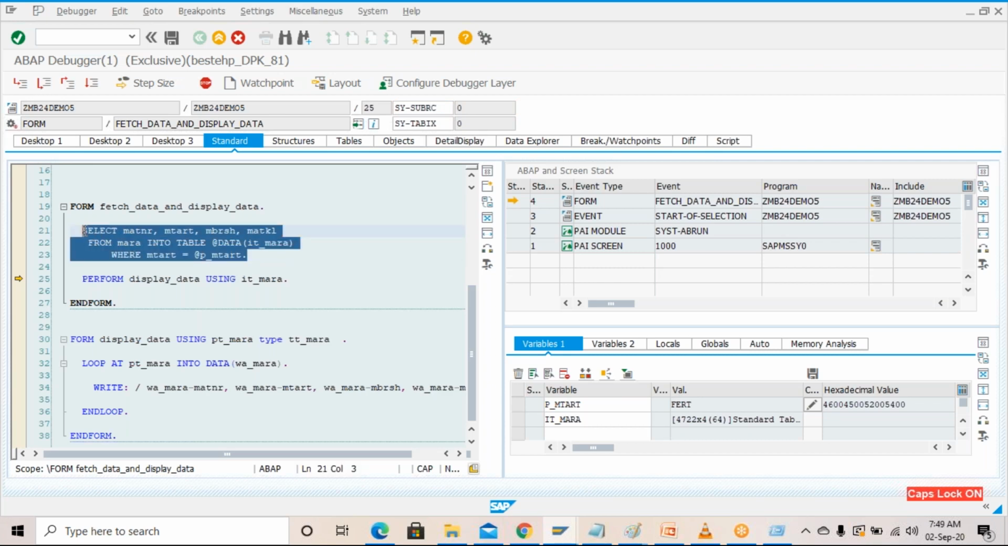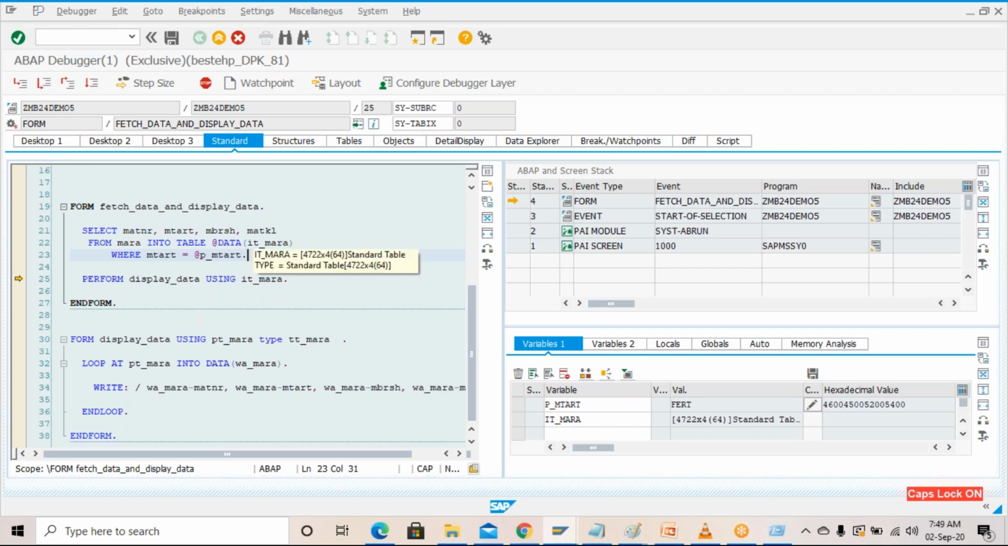Unsuccessful in the sense they were not able to fetch the data, they were not able to get the data. That's the meaning of unsuccessful. Okay, now in IT_MARA we have 4,722 records, and this PT_MARA, if you see currently, you can see